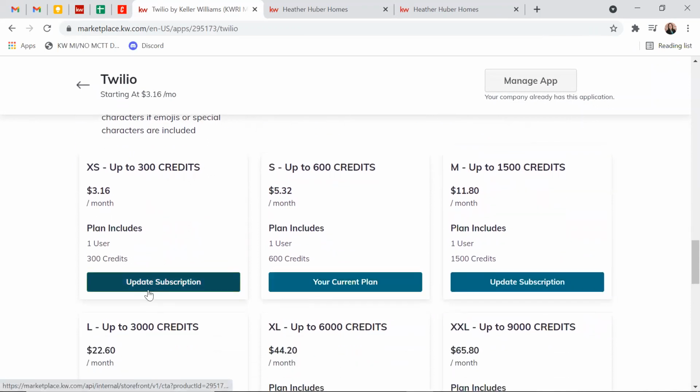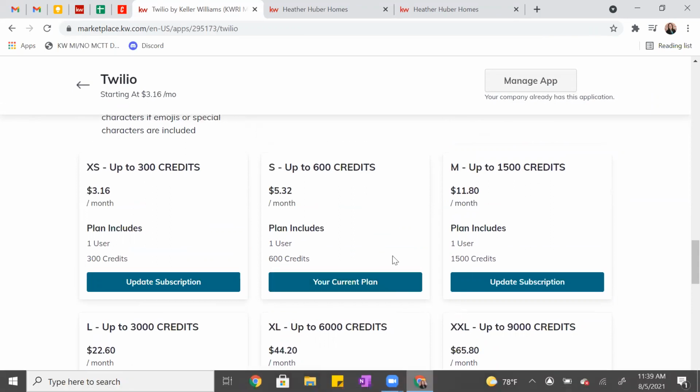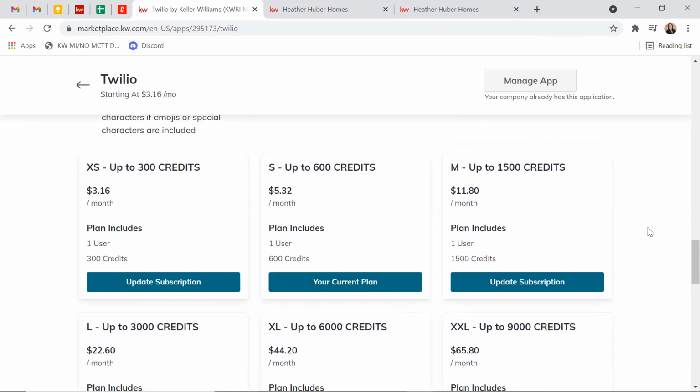So for me, it says update subscription or your current plan. I would think for you guys, it would probably be more sign up or something. I don't remember what it is. I haven't done it in a while. But if I wanted to click this, it'll show me something similar to what it would show you,